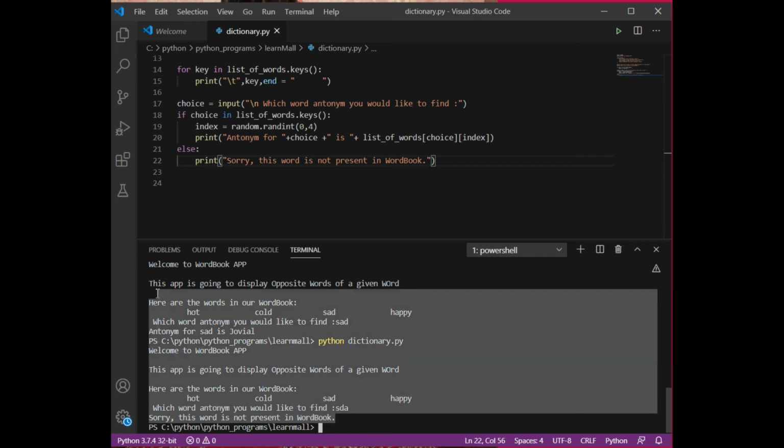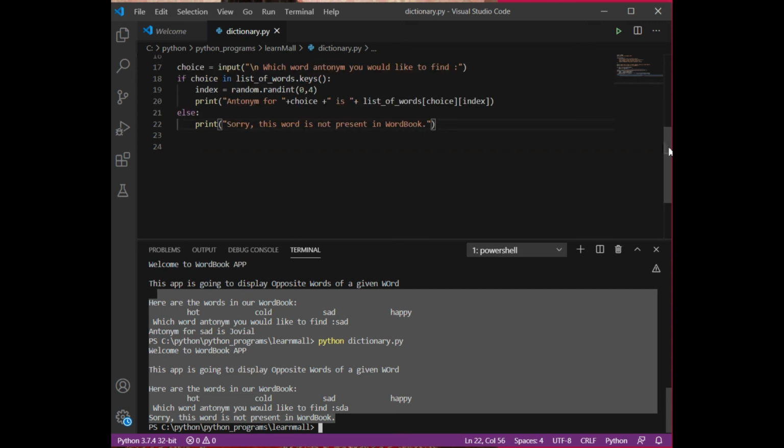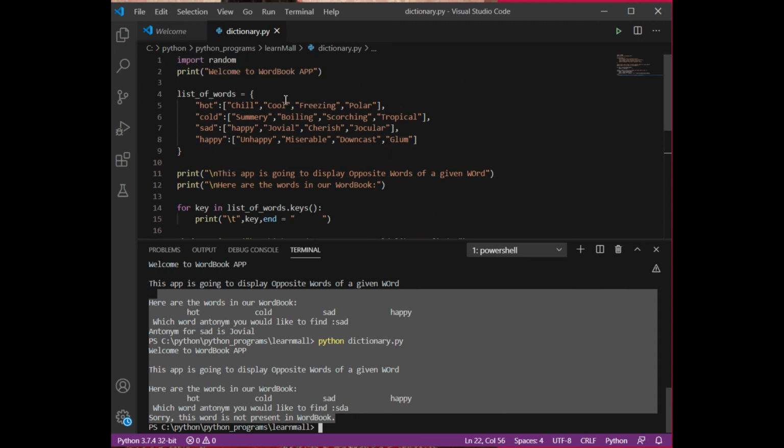So this behaves like your dictionary. Now it is up to you what you create. Here I have created one dictionary, that is list of words. Similarly, you can create one more dictionary and make a check for both the keys. You can display both the dictionaries, then ask the user which of these two sections they would like to choose.